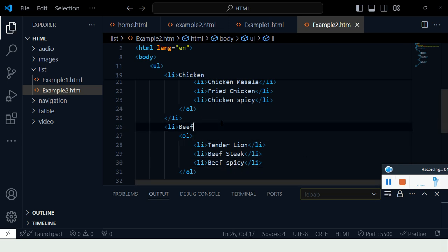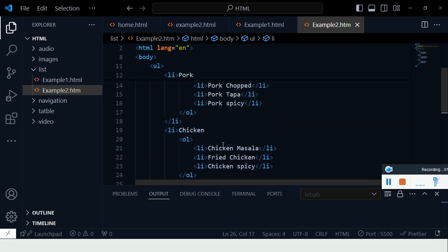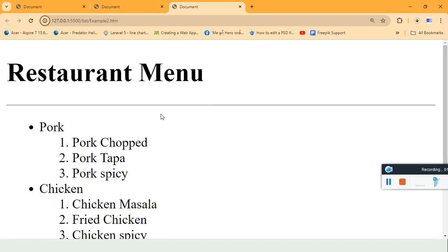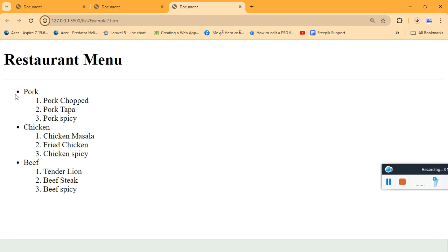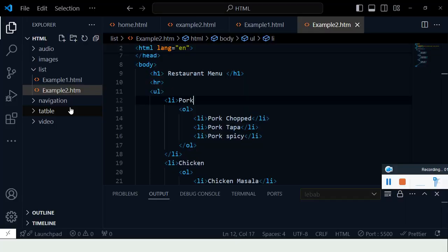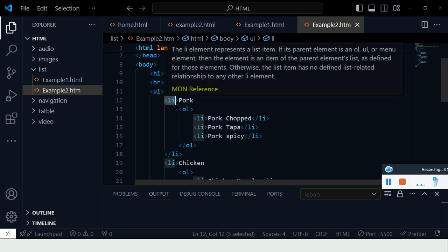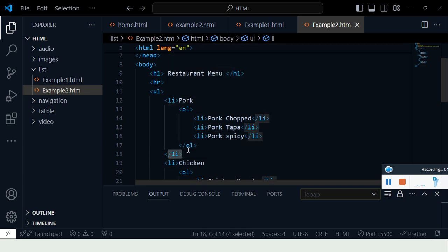Any curry or any name you want, any menu you want, you just write it down here. And then let's see the output. Now there you go, you have a pork menu, and then pork chop, pork tapa, pork spicy, and chicken masala, fried chicken, spicy, and beef. As you can see, make sure you put this block of code, this group of code, inside this li, opening li tag and closing li tag, because most of